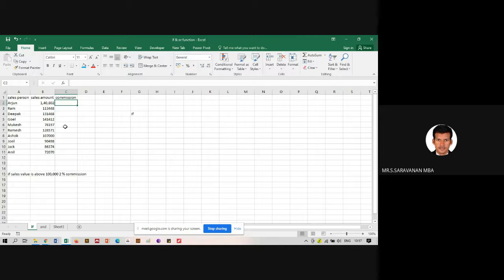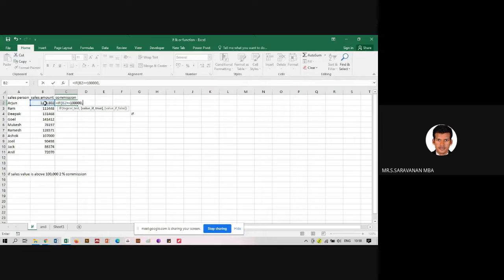If they have sold product above 1 lakh, we have to give them 2% commission. So how do you do that? Here also the IF condition will be applicable. Equal to IF, open the bracket, we are taking the reference as total sales. Total sales should be greater than or equal to 1 lakh, comma.